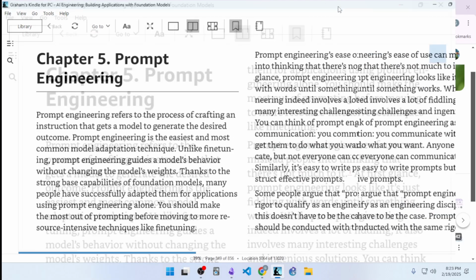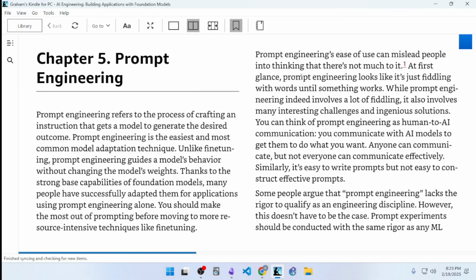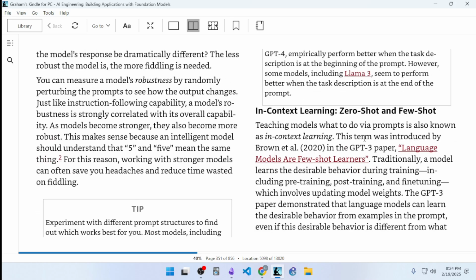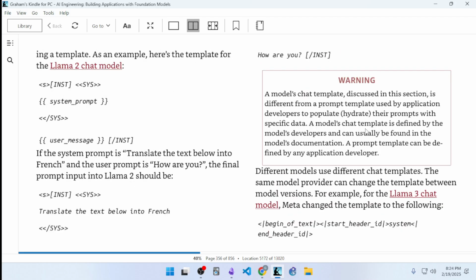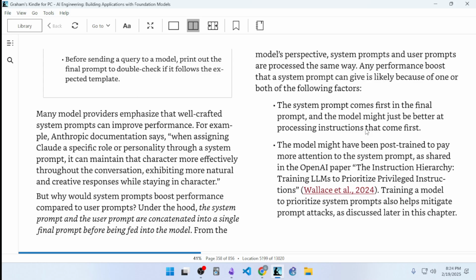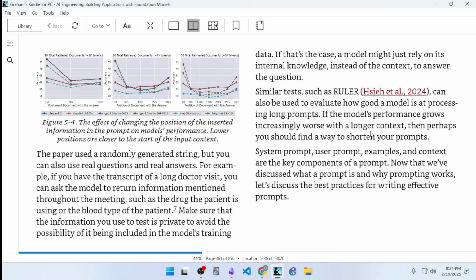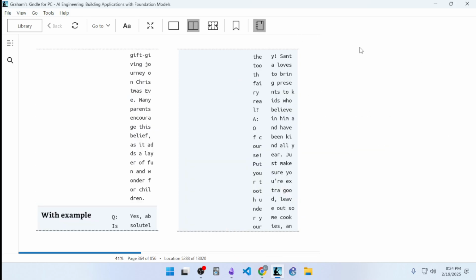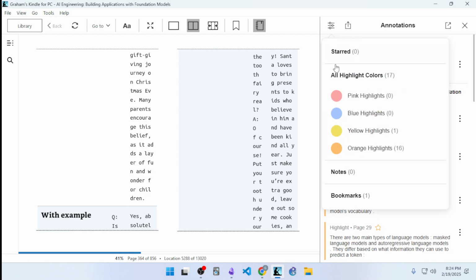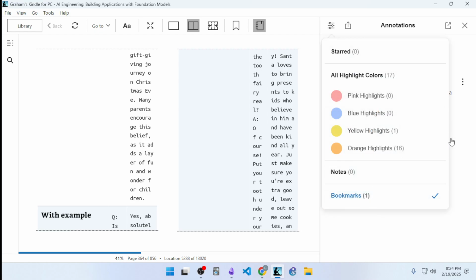And I'm finally past some of the less practical stuff. So chapter 5 is all about prompt engineering, which is going to be really important to know now, as well as in the future. So, I just want to hear what the author has to say about prompt engineering and keep this book going because this has been a really good book so far. So, with no further ado, I'm going to start chapter 5,